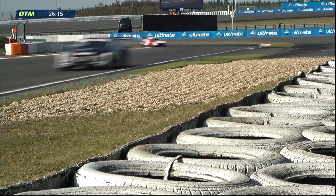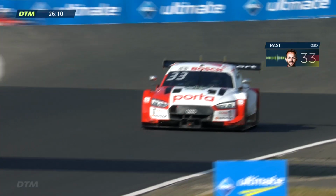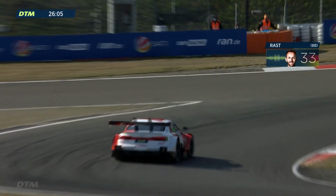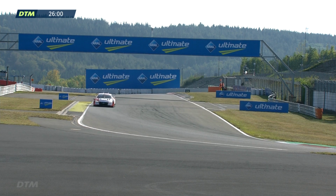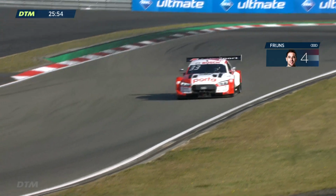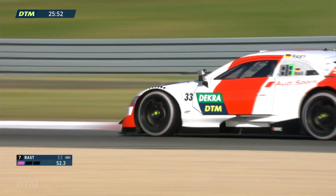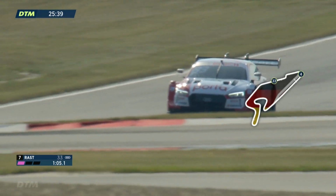Those that have posted times so far, Jamie Green. Freins in turn 6 now. Freins and Kubica have a good gap to each other, so I don't expect them to park the car in turn 9, 10. Jamie 13 seconds behind. The reason you hear that is because track space is critical. Where the cars are positioned, Robert Kubica is just approaching the final turn now, but here is René Rast